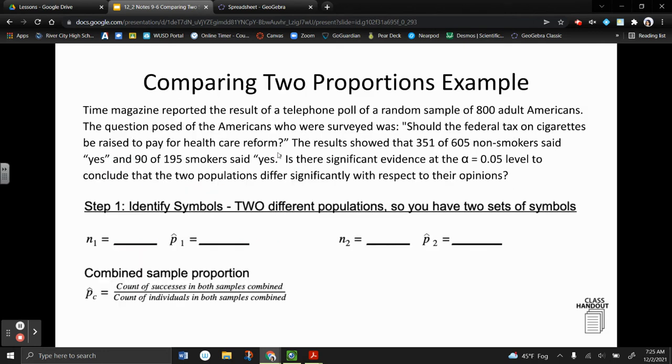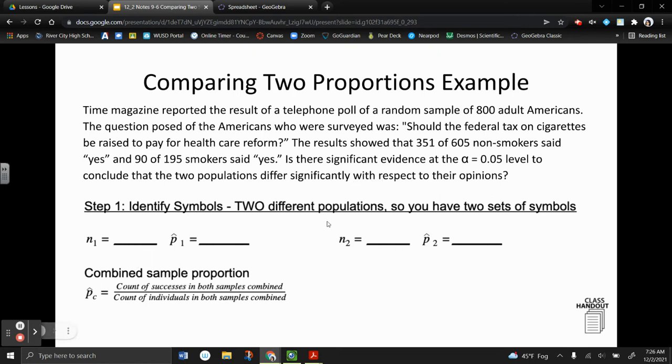All right, so now let's look at a comparing two proportions example. It says Time Magazine reported the result of a telephone poll of a random sample of 800 adult Americans. The question posed was, should the federal tax on cigarettes be raised to pay for healthcare reform? The results showed that 351 of 605 non-smokers said yes, and 90 of 195 smokers said yes. Is there significant evidence at the alpha of 0.05 level to conclude that the two populations differ significantly with respect